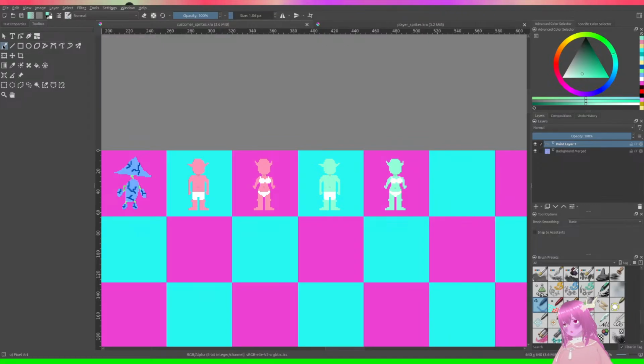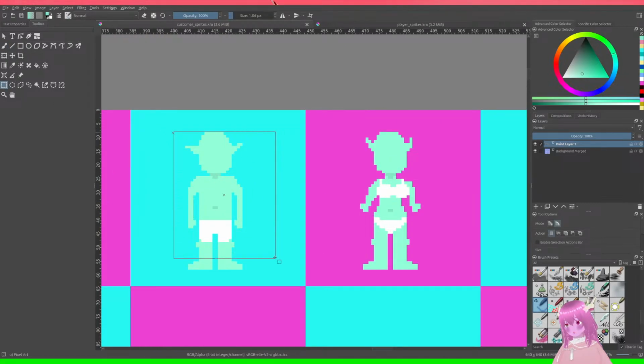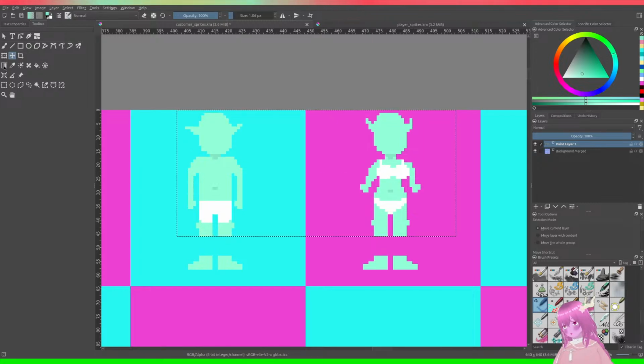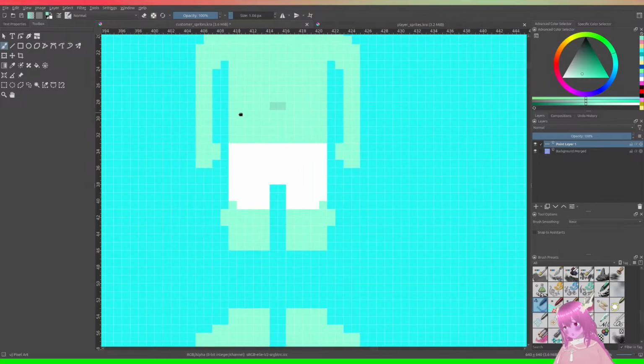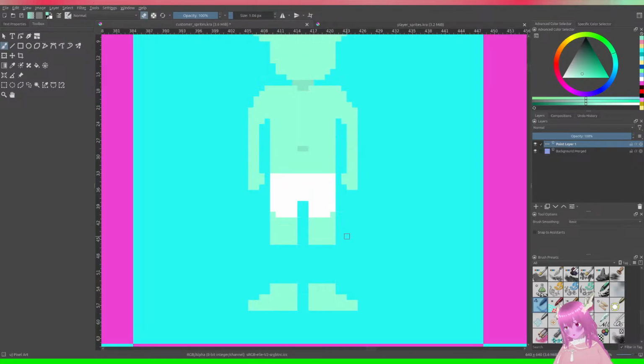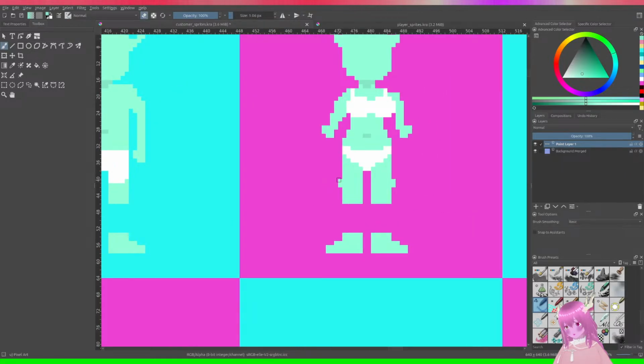So the differentiating factor for the elves will be also that they're taller. And the way I'm gonna do that is I'm just gonna take the character as a whole, both of them. Get rid of this part. Forgot about this one.